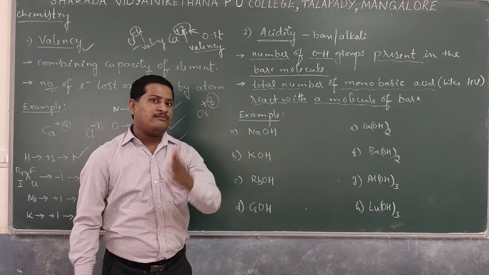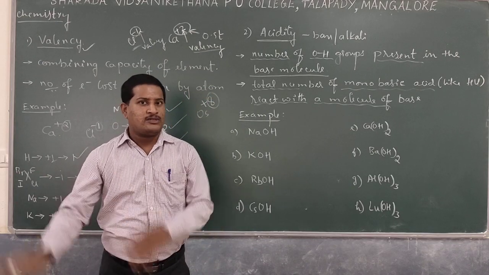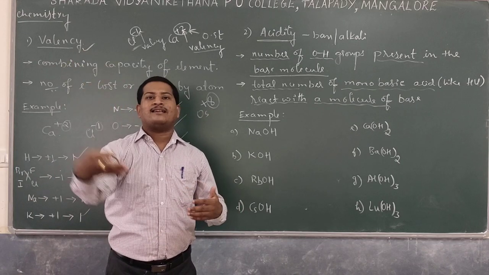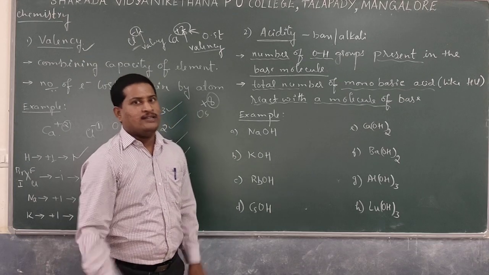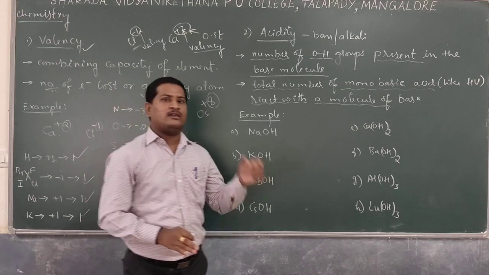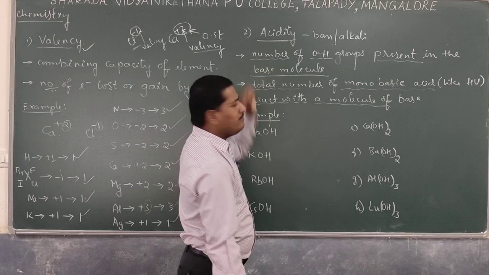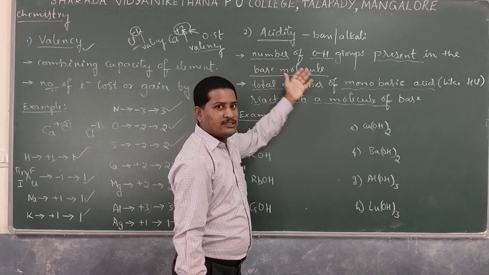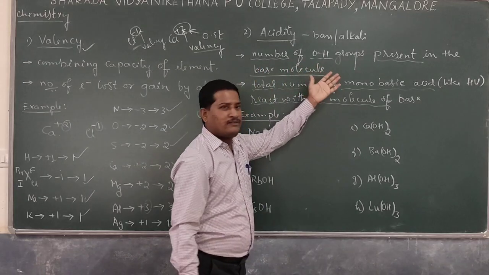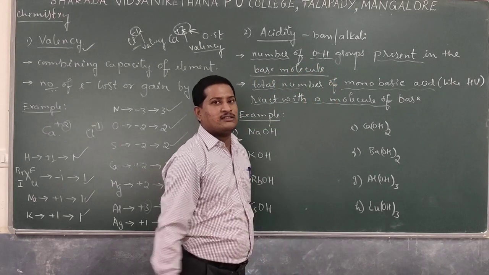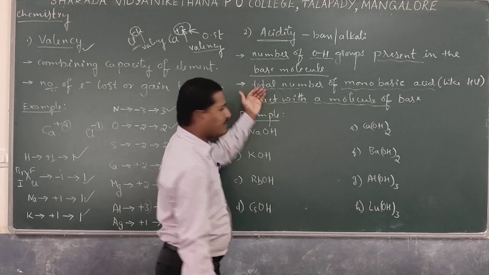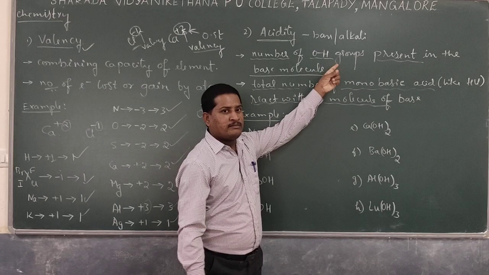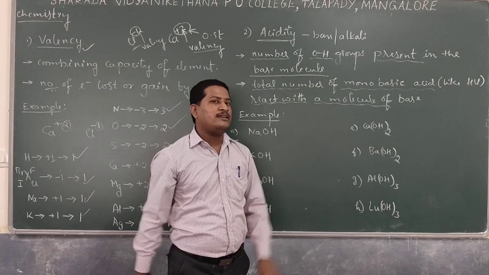You know, acids and bases react to produce neutral species. So for one molecule of base, how many monobasic acids like HCl reacted? The total number of HCl reacting with one base molecule tells about the acidity. So we can use the first definition, or first way of identification, for the acidity rather than the second, because with the first one, by looking at the structure we can find the acidity of a molecule.